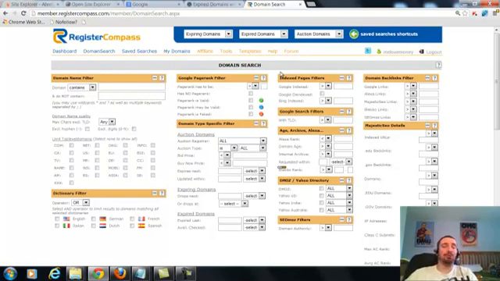But I almost recommend just using them for yourself, because it's just so powerful if you set it up the right way and you know what to look for. Now, different people look for different things. Some people just look for age, they just want aged domains. Some people look at PageRank. Some people look at links, and then some people look at everything. I like to look at everything. I always consider age, I always consider PageRank, and I really consider links.